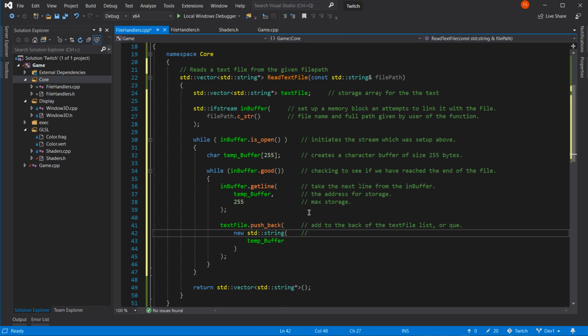This will create a new standard library string. And that will give the contents for the new string. Address of the contents for the new string. There we go.